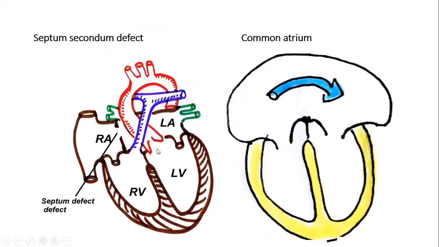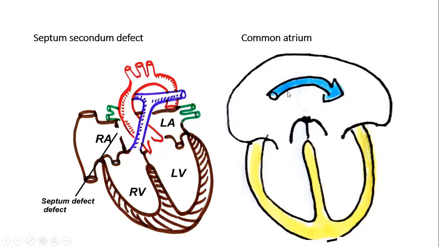So these are some of the different conditions of the atrial septal defect. Here this is called a septum secundum defect. We have seen the septum primum and the secundum. If the septum primum has not descended downwards, then it leads to the septum primum defect. And if it has joined with the cushions below, but the septum secundum has not developed, then it leads to septum secundum defect.